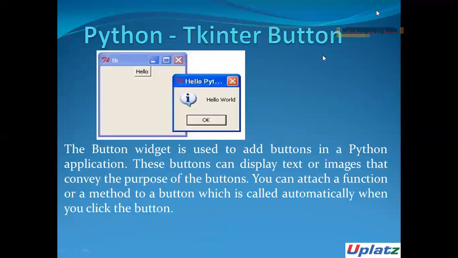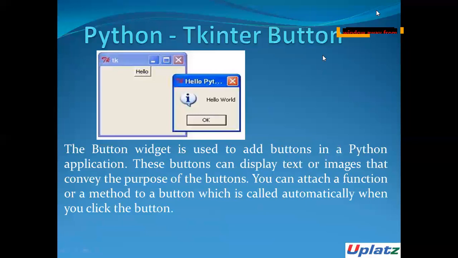Then the command. I told you, you can also add functions to the button. So when you're adding some functions to the button, you need to use the command option. This is a function or a method to be called when the button is clicked. Then FG, the normal foreground color.